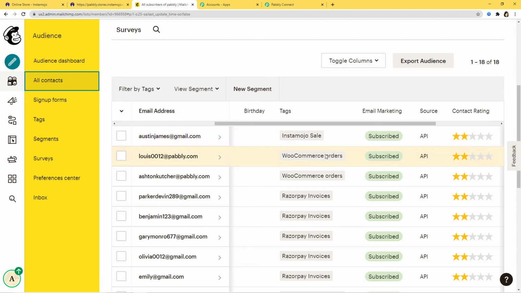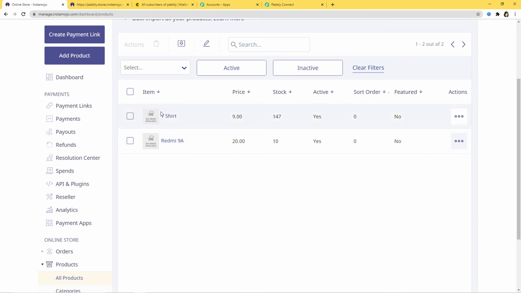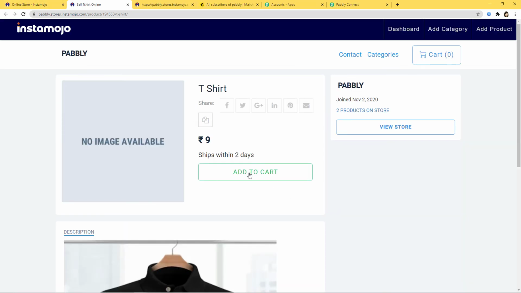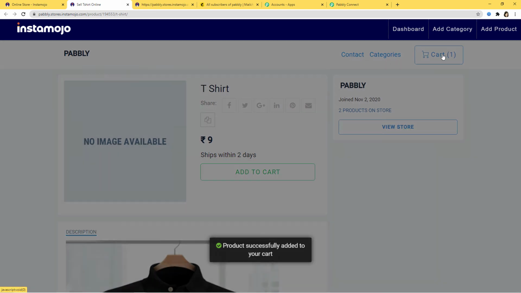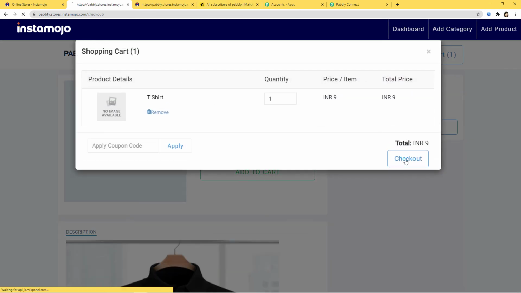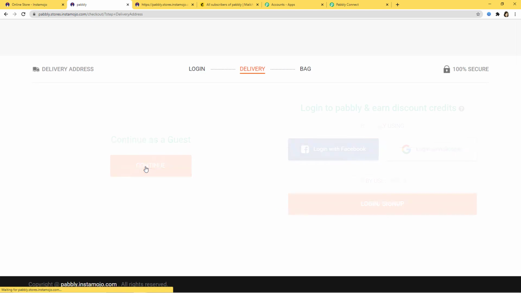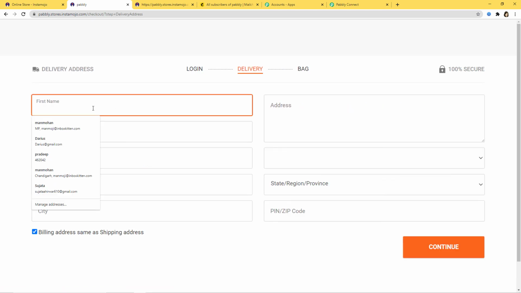So I'll go back to InstaMojo and I'm again going to click on this t-shirt. Okay, now I'm going to add it to cart. I'll go to cart, checkout, continue. Now I'm going to enter a different name this time.